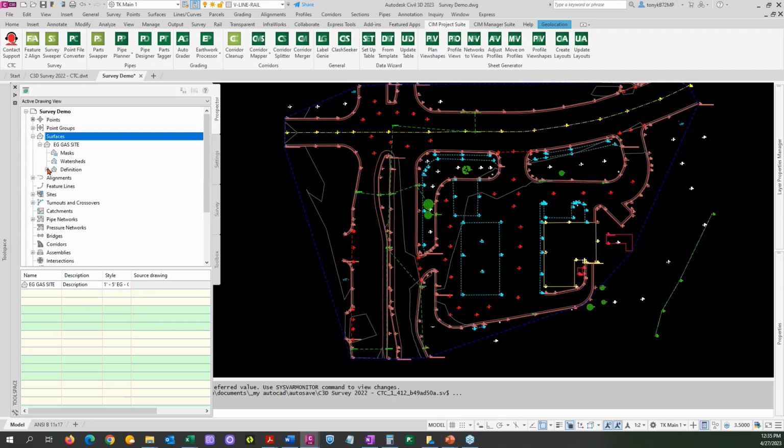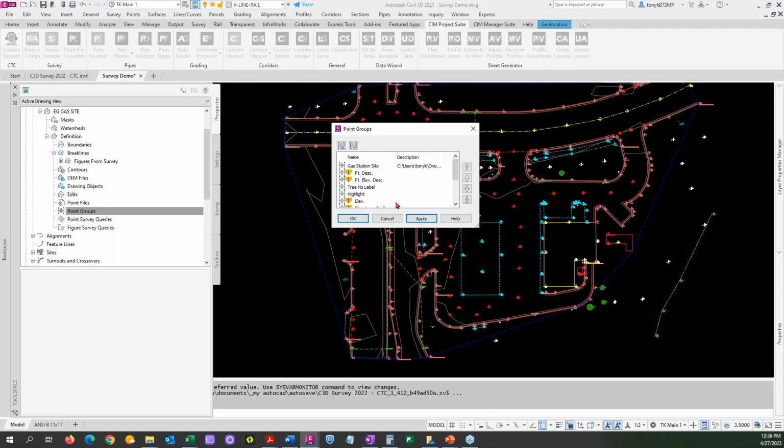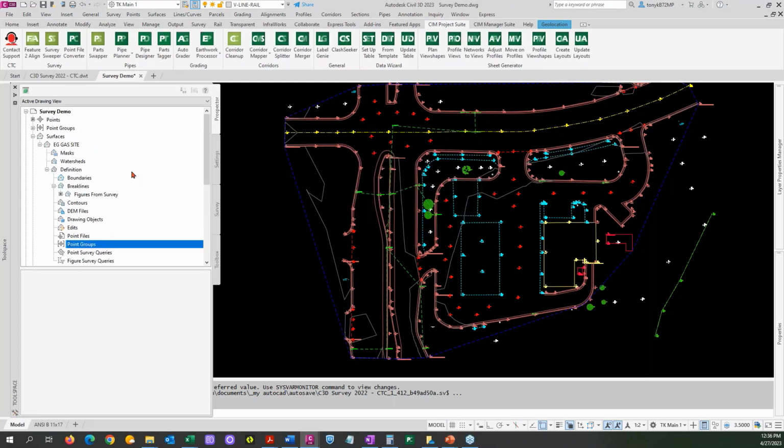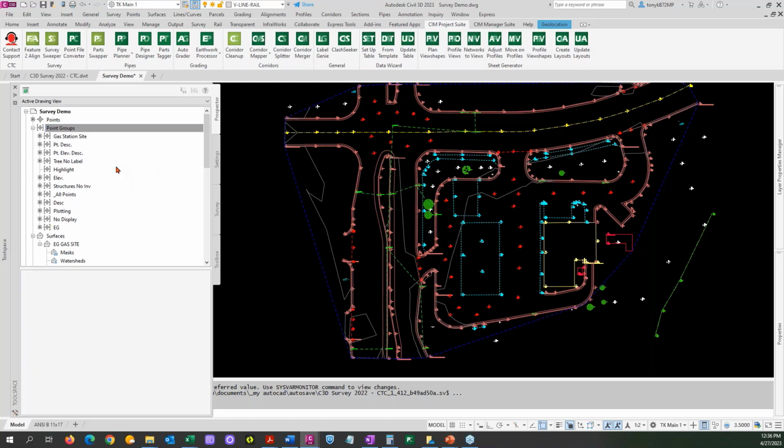So what else can we do? What else would we do? We'd probably add some points here, right? We'd add the point files. My template has a point file. Oops, I should probably update before I do that. Let's update our points, our point groups. Update that, and